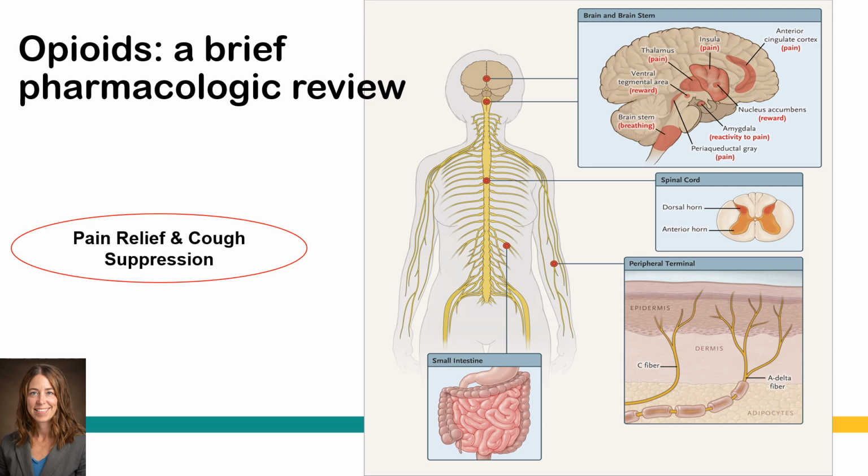Let's review how opioids can contribute to pain relief and cough suppression. If we look at the pictures on the right, you can see all the areas where pain is listed next to the image of the brain. So opioids attach to opioid receptors on nerve cells in the brain, the spinal cord, the gut, and other parts of the body. And when this happens, the opioids block pain messages sent from the body through the spinal cord